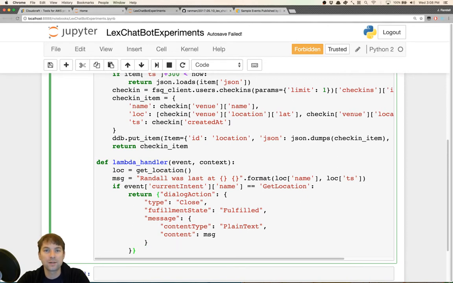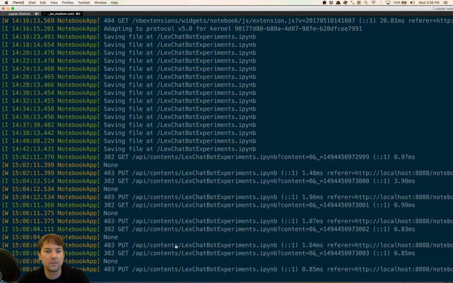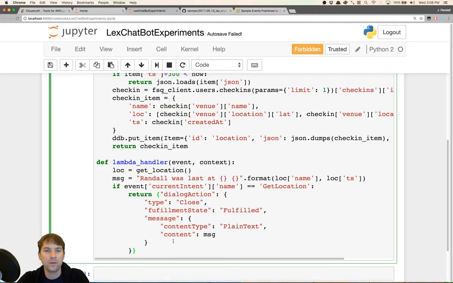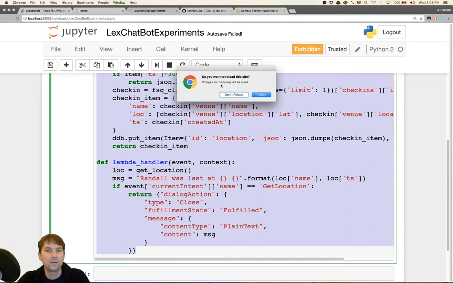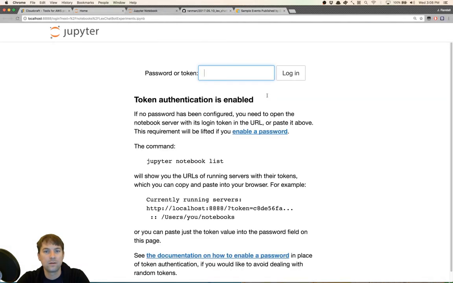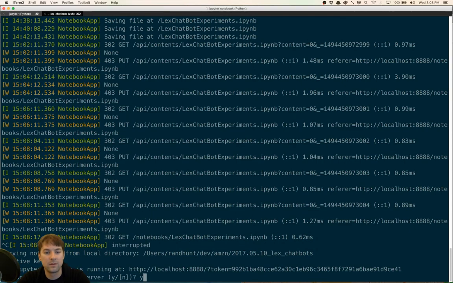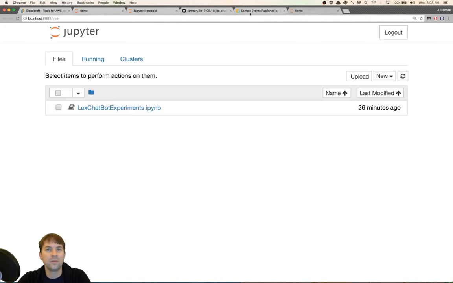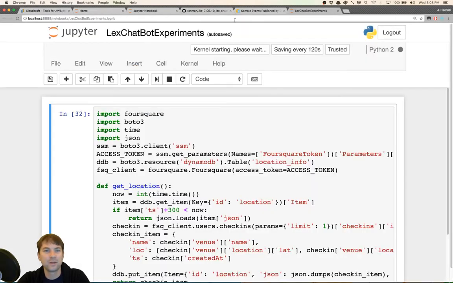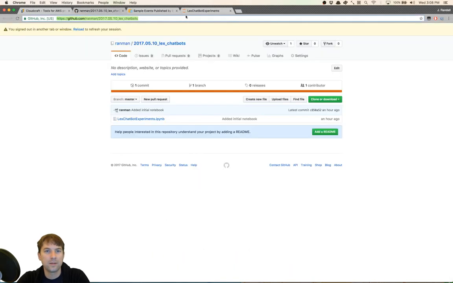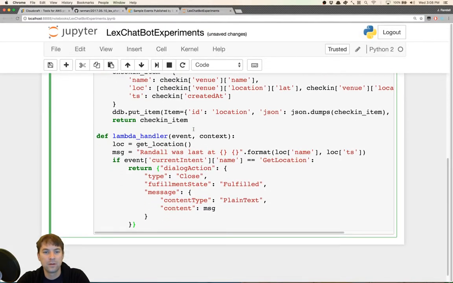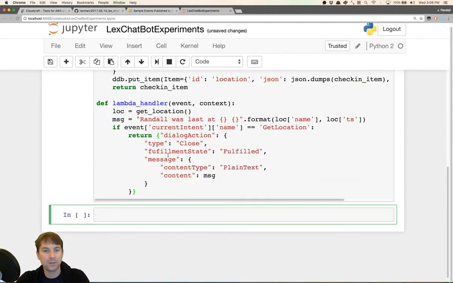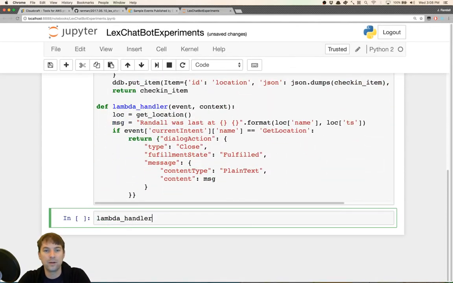So we can deploy this. Autosave failed. 403 forbidden. So I'm going to, sorry, I have to restart the notebook. When I cleared my whole cache, everything went away. No worries, it's not too hard to do. Cool. So basically, if I call Lambda handler with current,